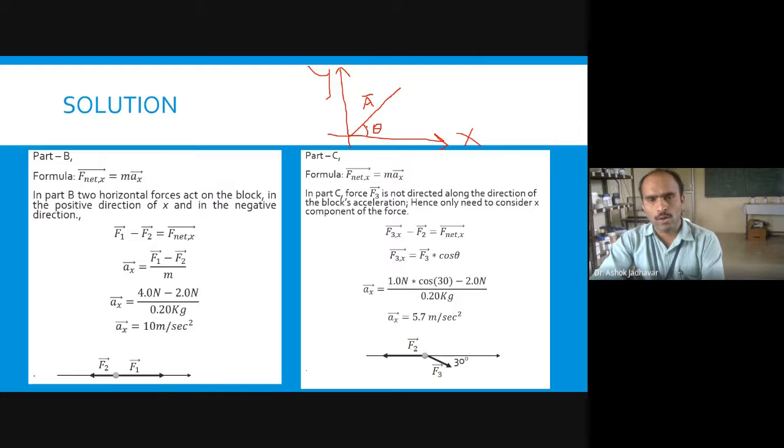So this vector has two components. One component is along the x-axis, the second component is along the y-axis. So I can determine what is the x component and what is the y component. To determine this, what do I have to do? I have to set a perpendicular on the x-axis, and one perpendicular on the y-axis, from the tip of the vector A. Now I will consider one triangle here. This is the origin O, P, Q, and let us consider this as R.